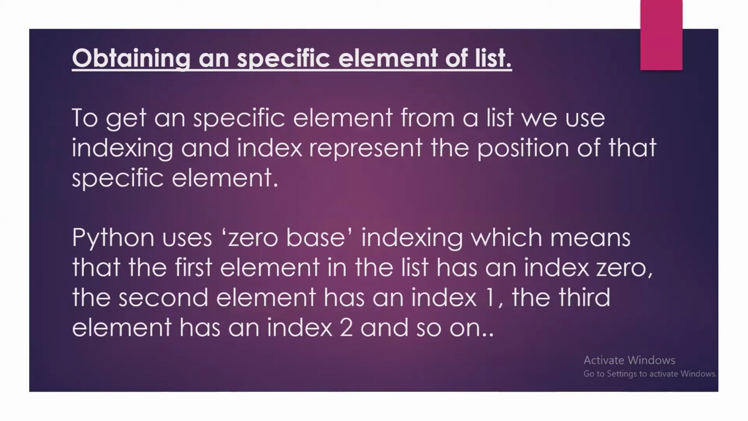If I want to obtain a specific element from a list, I'll have to use indexing. And indexing represents the position of that specific element in the list. And if I use that specific index, I can get only that specific name from the list. One thing to be noted is that Python uses zero-based indexing, which means that